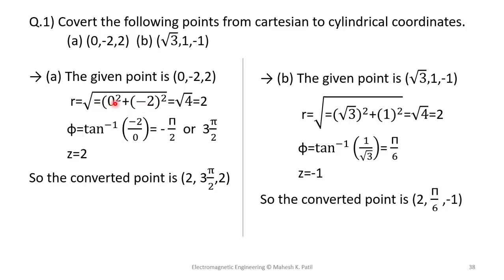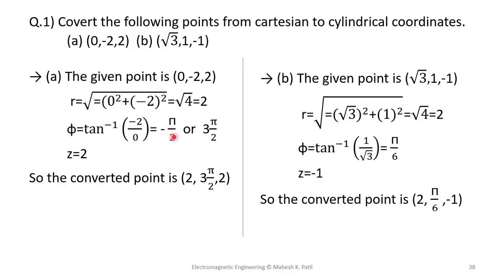So it is 0 square plus minus 2 square, it is equal to square root of 4, means it is 2, and phi will be tan inverse of y by x. So y value is minus 2 upon x value is 0. So tan inverse of infinity, so it comes as minus pi by 2,